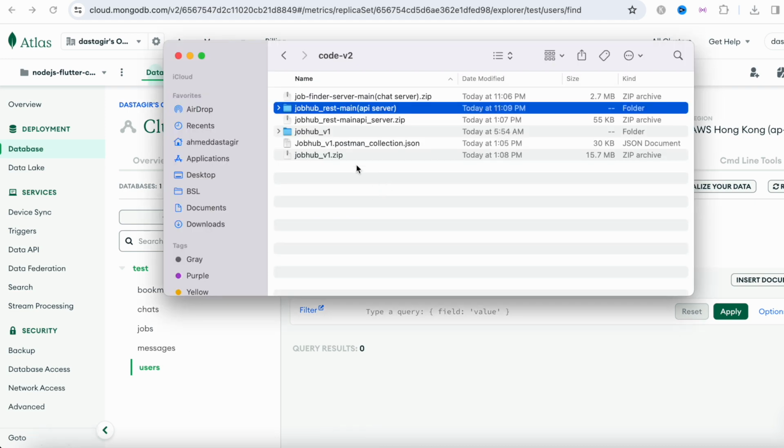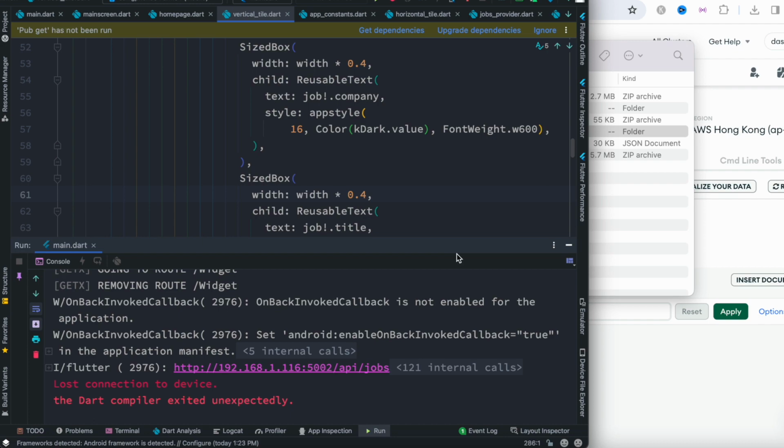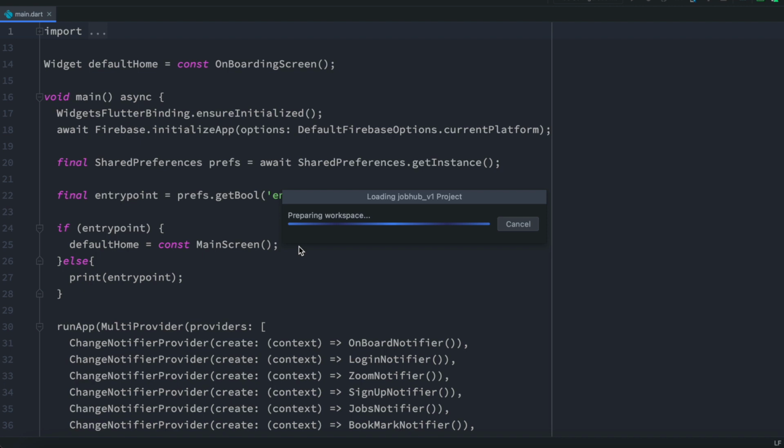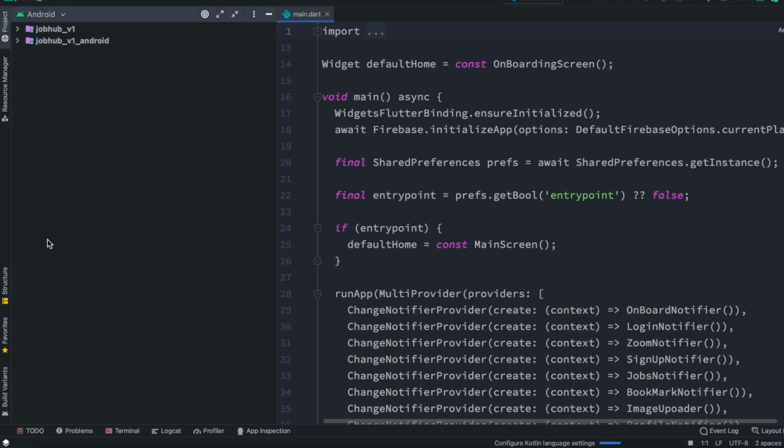Okay, so after doing this, the next thing you want to do is open this up in Android Studio. This is what we are going to do. You can also do it in VS Code. Well, it'd be the same. Now it's indexing, so let's wait for a moment. So let's go ahead and check on it. Let me open this. All right, and